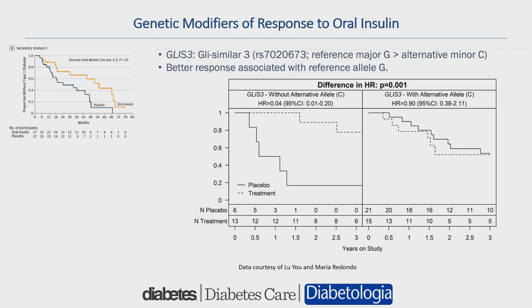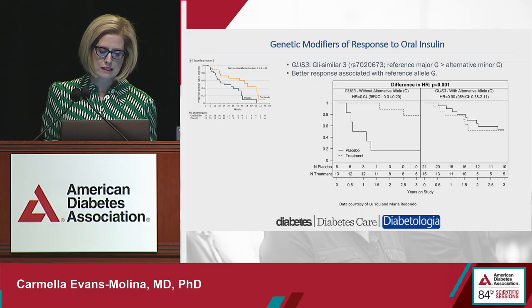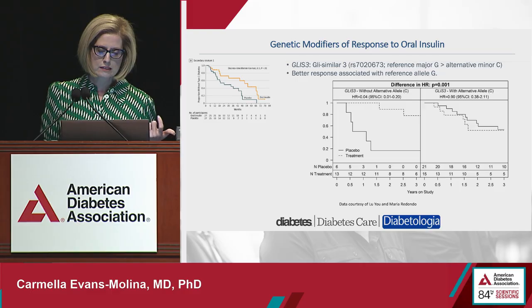And then finally, I would just highlight some exciting data from Maria's group. She's gone back to that oral insulin study that I highlighted at the beginning to try to understand if there are genetic variants that might have influenced response. And she's focused specifically on that secondary stratum group of individuals, the ones who showed a response and had a low FPIR. And one really intriguing finding from this analysis is that individuals who did not have a disease-promoting variant